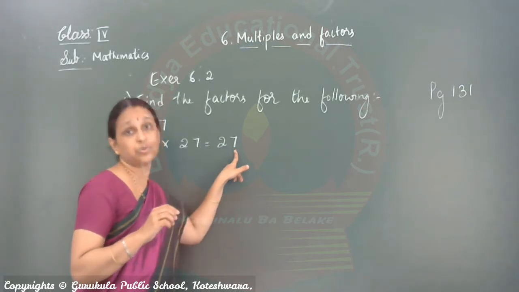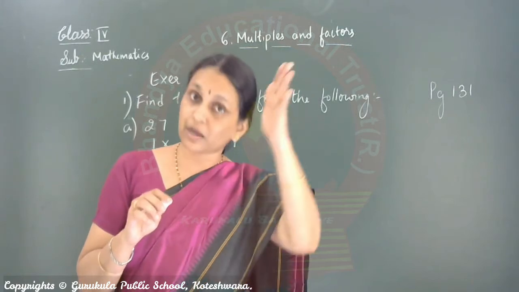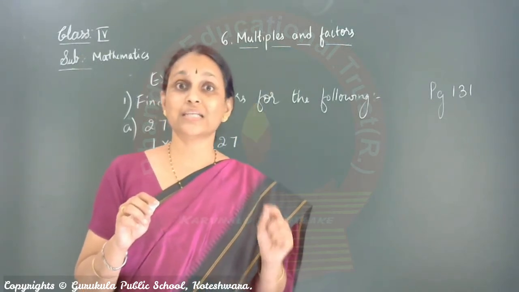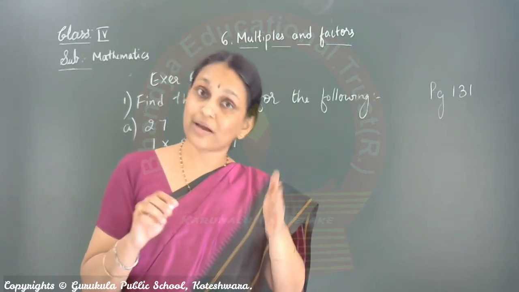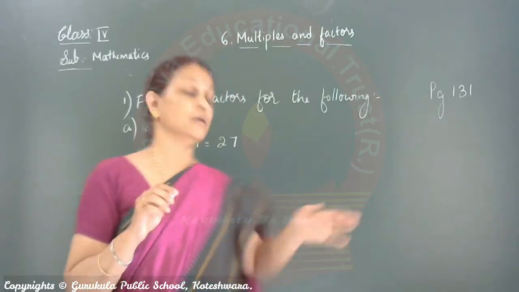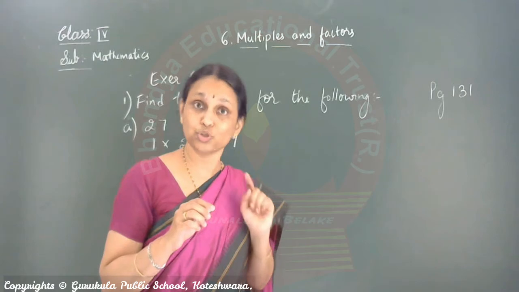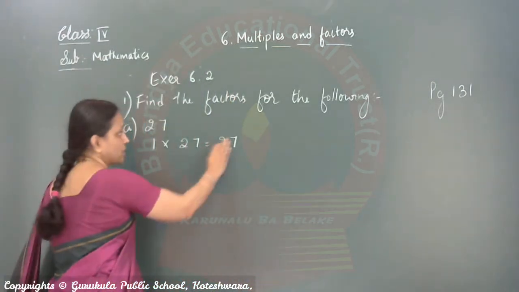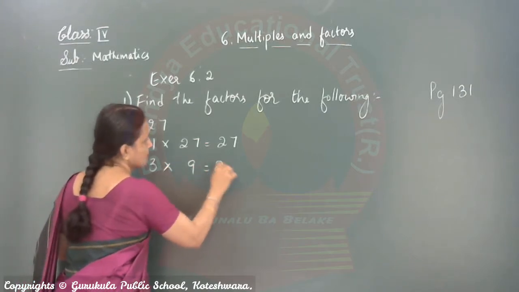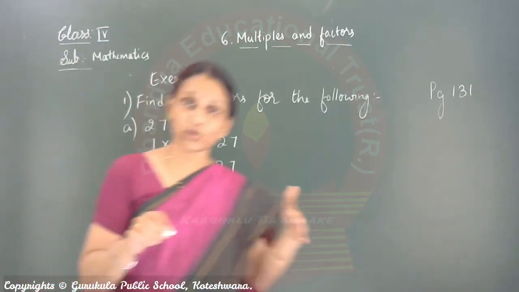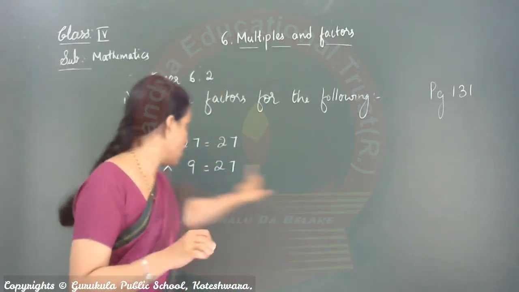If it is an odd number, it will not come in 2 ones, because you know that in 2 ones only even numbers will come at the last. And when I say some tables, don't think only up to 10s. 2 tens are 20, 2 elevens are 22, 2 twelves are 24, 2 thirteens are 26, 2 fourteens are 28. That also you should know. Okay. So this will not come in 2 ones. 3 ones, 3 nines are 27. Next, 4 tables, will it come? No. 5 tables? No, because the last digit is an odd number.